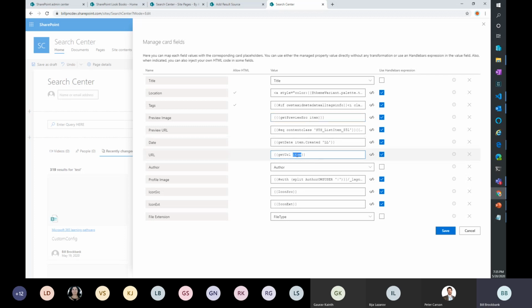Get URL. If you're familiar with the way links work, you always have 2 pieces to your link. You have a URL for it and you have the description. This actually knows how to parse that for you so you get the correct output. Author is pretty straightforward. It's going to be the author field, so you don't have to do anything special for it. Source icon is a field that came back, icon extension. So those things are all formattable. This is just the ability to see it in a tabular view.